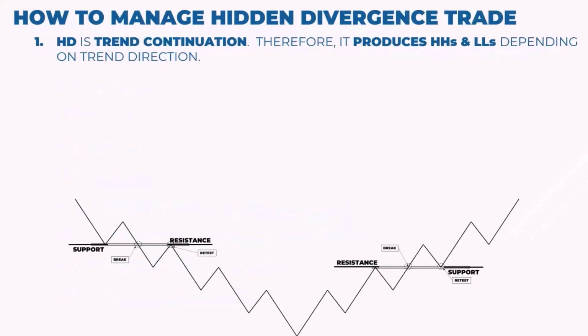All right. Now, how to manage this. So, two ways to manage this. I'm going to start first with hidden divergence because we're going with the trend. So if you're going with the trend, there should be momentum. You should have momentum going with the trend. All right. And so